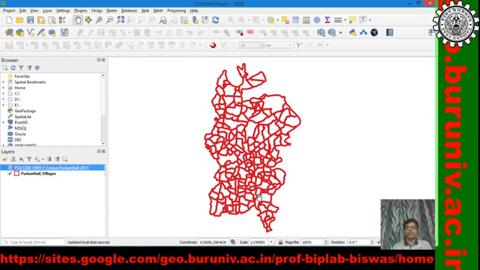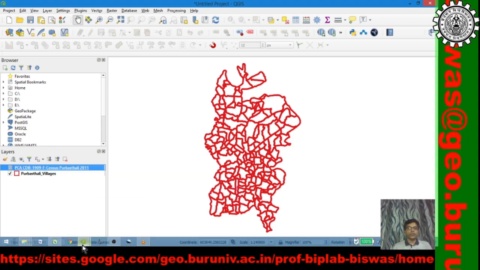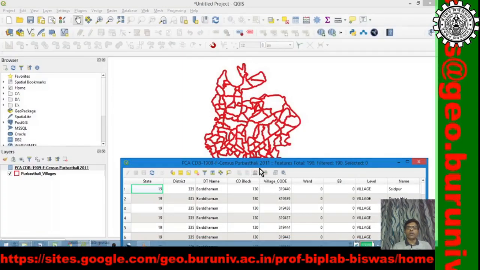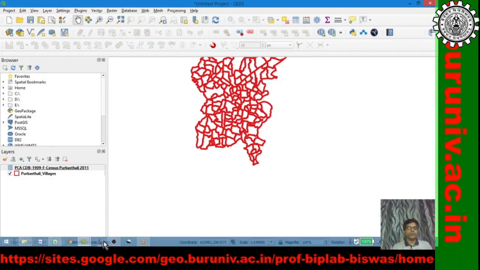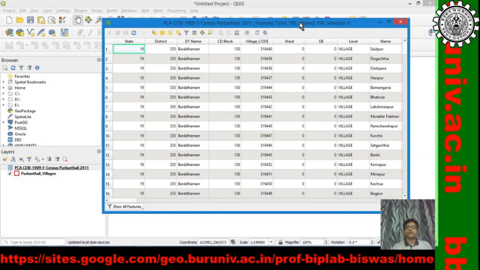Still it is not georeferenced data. We need to do one more step to bring the data on the GIS platform. This is just opened. Okay. So, the layer is just available for further work.